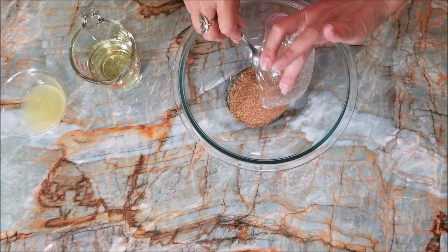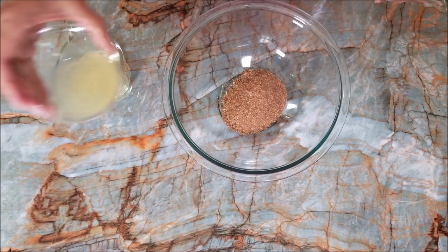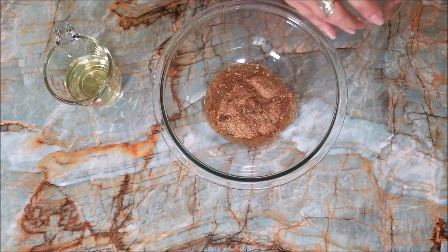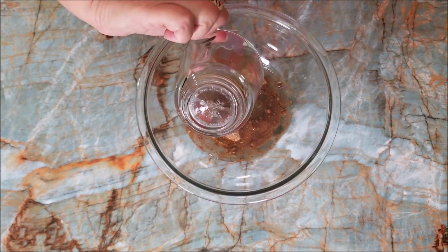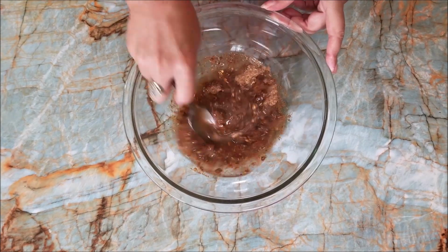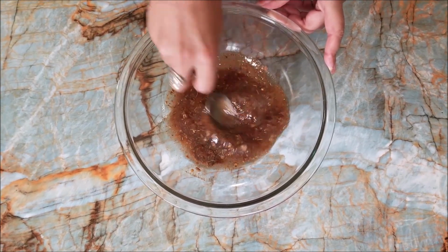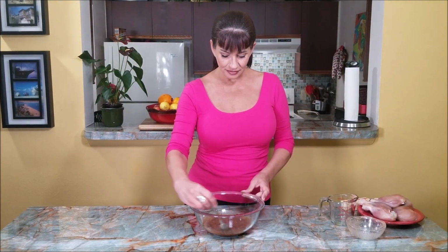All my mixed spice in the mixing bowl, the lemon juice and the vegetable oil, and I'll mix everything very well. And we're getting this delicious, flavorful marinade,